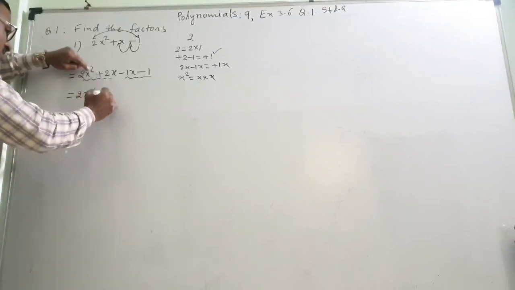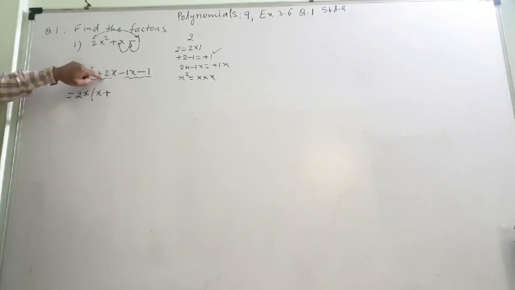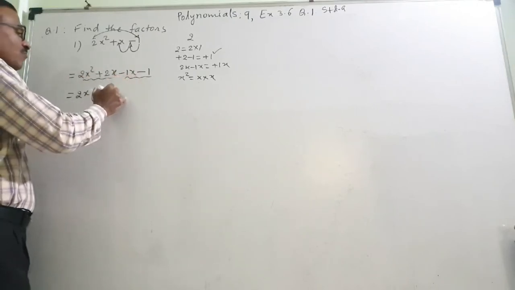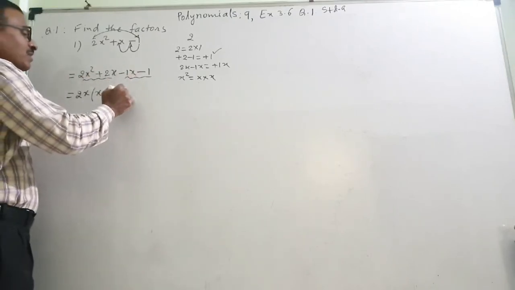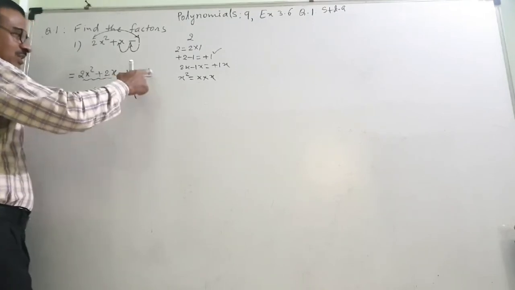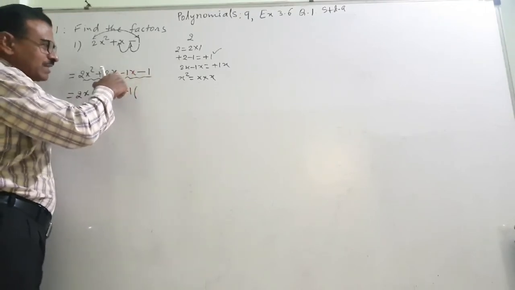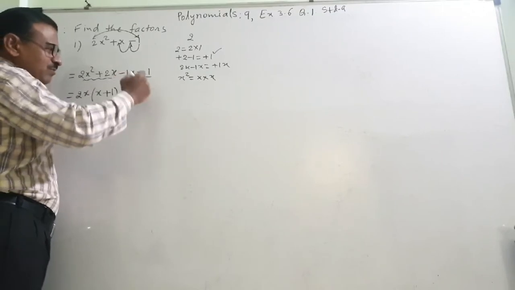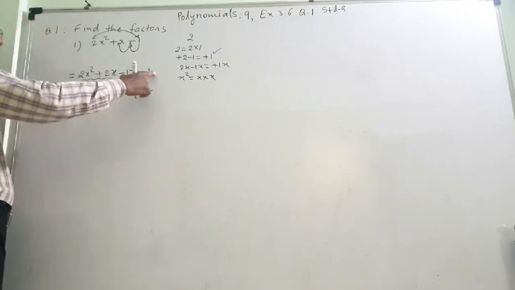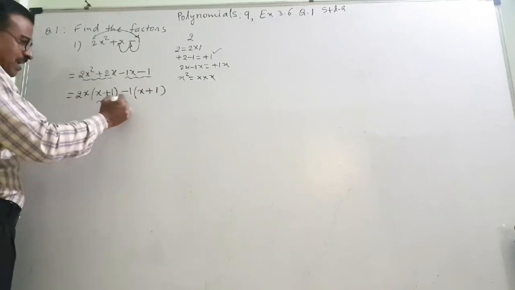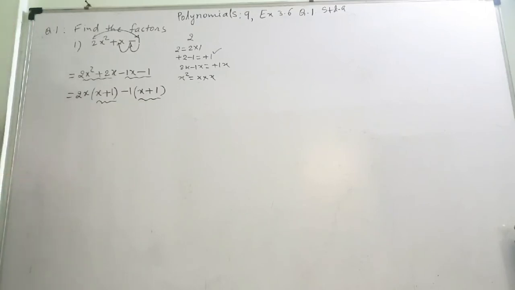Plus. This 2 is also taken, x is also taken, so 1 is there because this is 2x into 1, so 1 will remain. From here I will take minus 1, minus 1, 1 into 1. So here this is 1 into 1. If I take this minus out, here remains x. Minus is taken out, so this sign will become plus. This is 1 into 1, 1 is taken, 1 will remain. See that these two brackets should be same. Always remember, if you are correct, that means these two brackets are same.